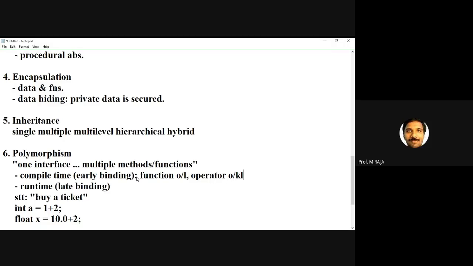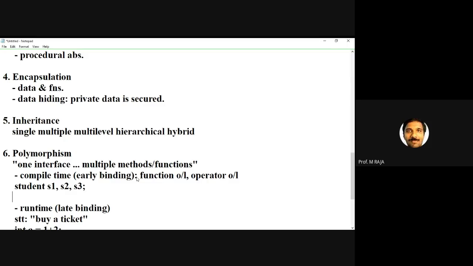These are the examples of compile time polymorphism. For example, in the student class, assuming that S1 is one object, S2 is another object, S3 is another object. Having these three objects, assuming S1 and S2 have the register number, or simply write one integer variable, say x, S1 dot x is 100, S2 dot x